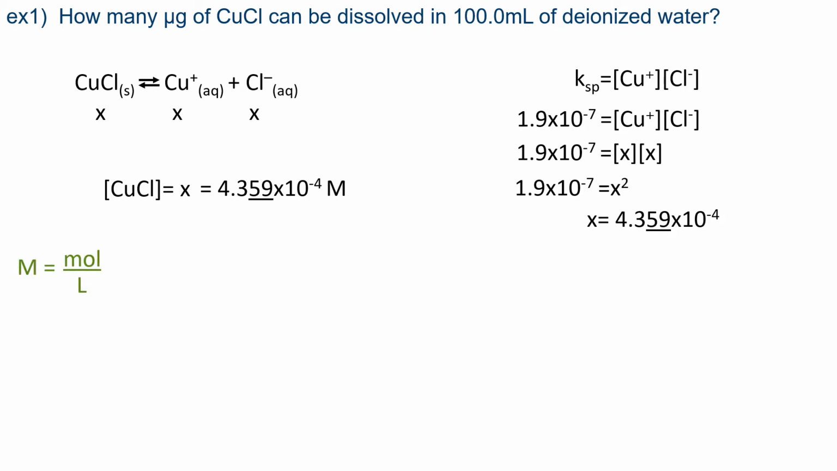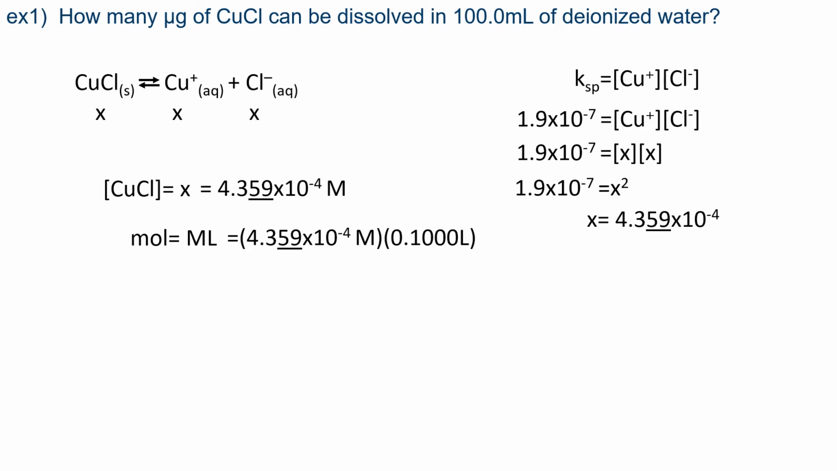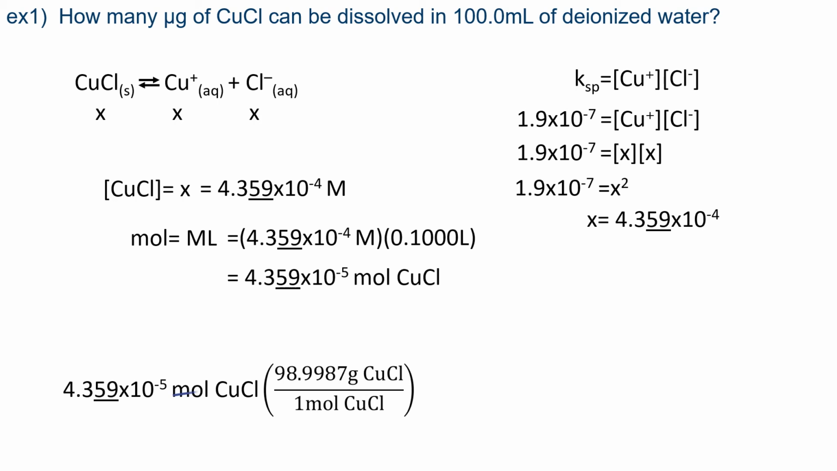Now, molarity equals moles over liters. If I rearrange this formula, I wind up with moles equals molarity times liters. And I know the molarity, I just found it. I know the liters because it's in the question. 100 milliliters equals 0.1000 liters. So I multiply those two numbers together, and I know how many moles of CuCl can be added to 100 milliliters of deionized water. Now I simply just take that given, convert it to grams,